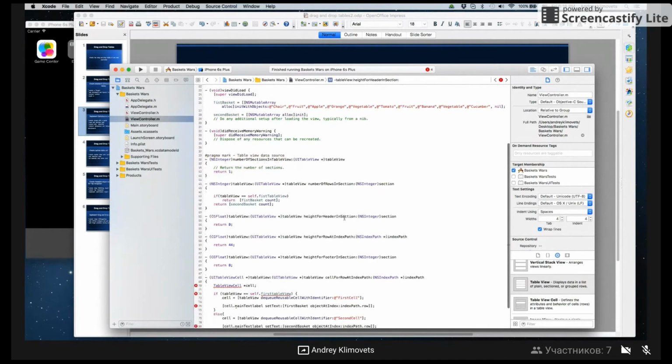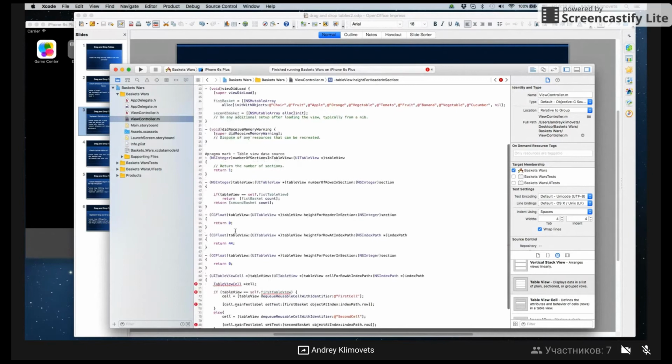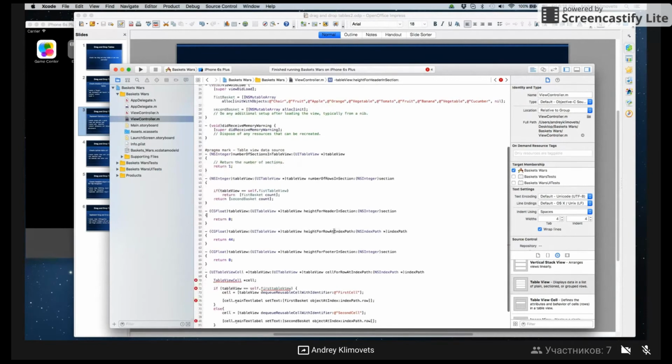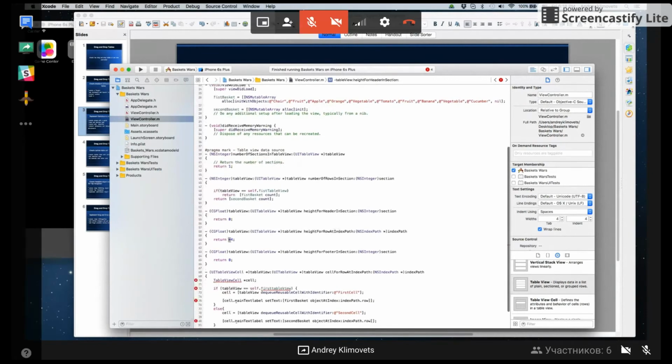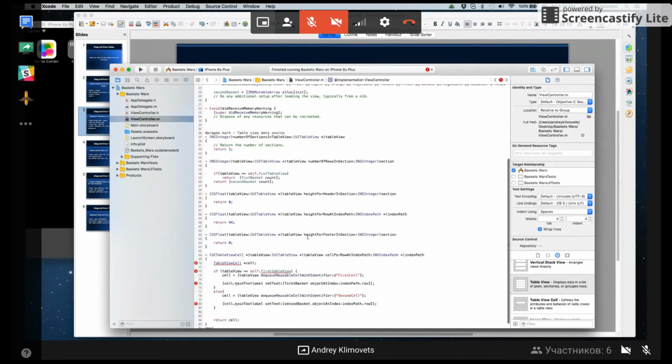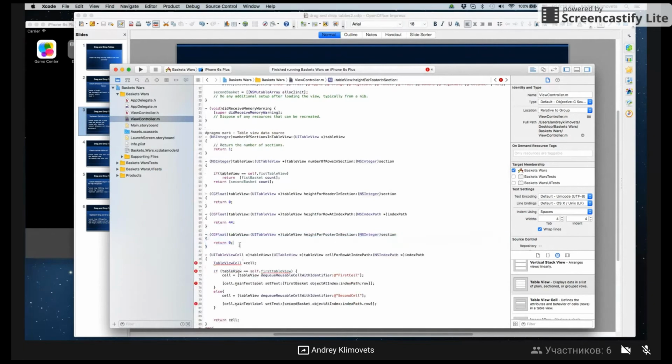Height for header in section is 0 because we don't use the header. Height for row at index path will be a constant 44 because it's the standard height of cells. And also height for footer in section we should use 0 because we don't use it this time. So